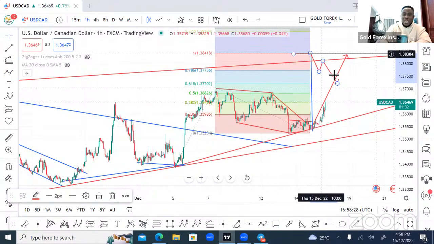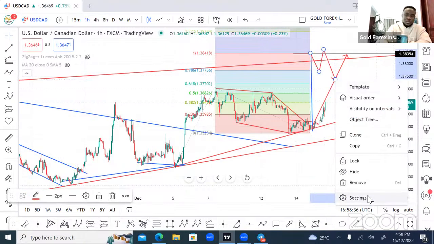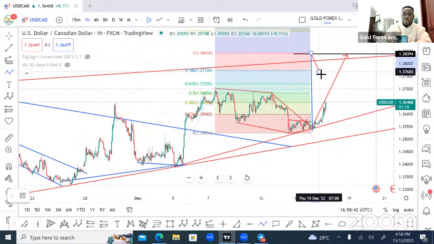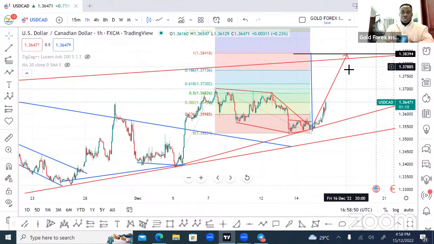So either a zigzag or a flat, okay, or a triangle, which is a 3, 3, 3, 3, 3 formation. So A, B, C, D, E. So these are some of the Elliott wave corrections we'll be looking out for in the upcoming advanced Elliott